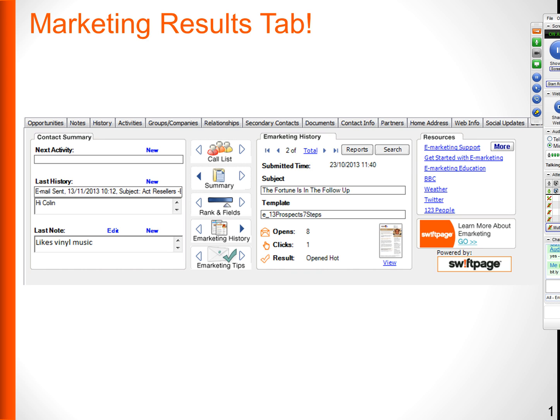It was an email that I sent out called "The Fortune is in the Follow-Up." So that's the power of this stuff when it's inside your database. Okay, the marketing results tab. And I'm happy to show you that when we go to the live database demo shortly.